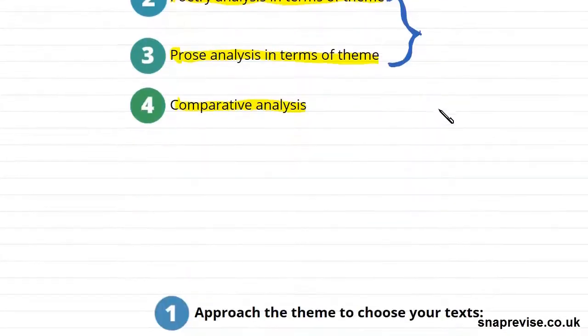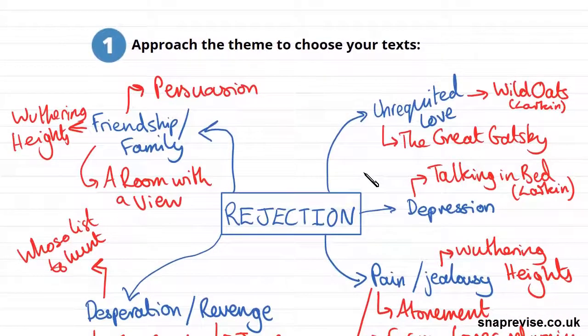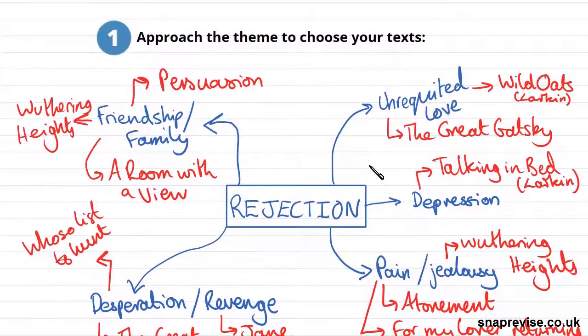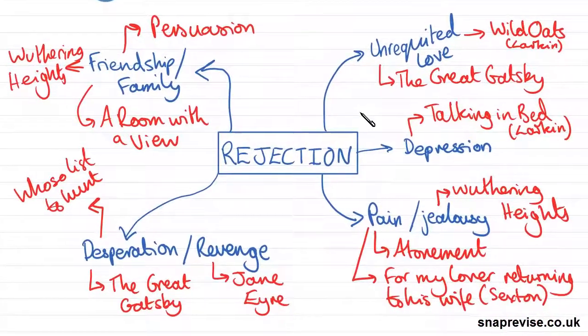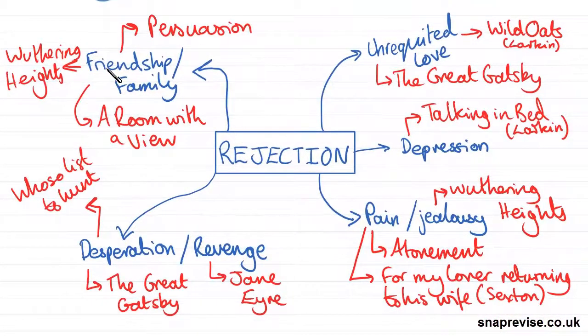So firstly, step 1 is approach the theme to choose your texts. If you just take a look here, I've done a quick sketch of some of the themes to do with rejection. I've identified that rejection could include unrequited love, depression, pain or jealousy, desperation and revenge, and friendship and family. There are lots of other things to do with the theme of rejection, but these are just the ones that